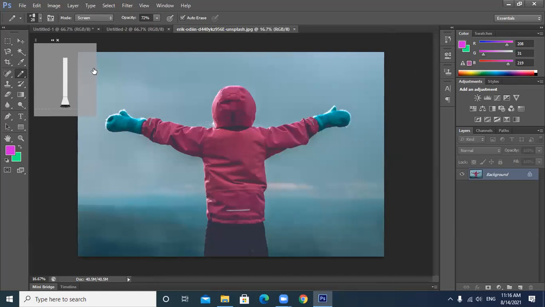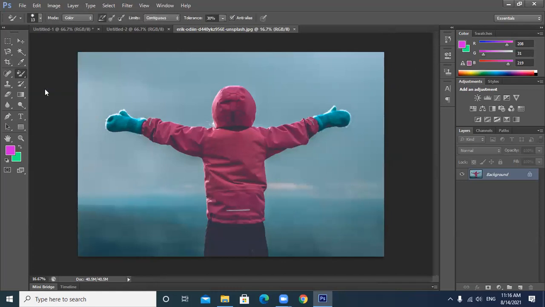Now I want to change the color of the image. So what I can do, there are two methods. If you are using the color replacement tool, so this is the color replacement tool.